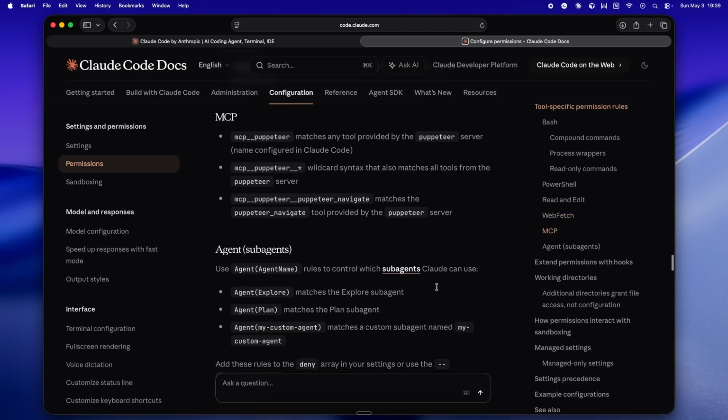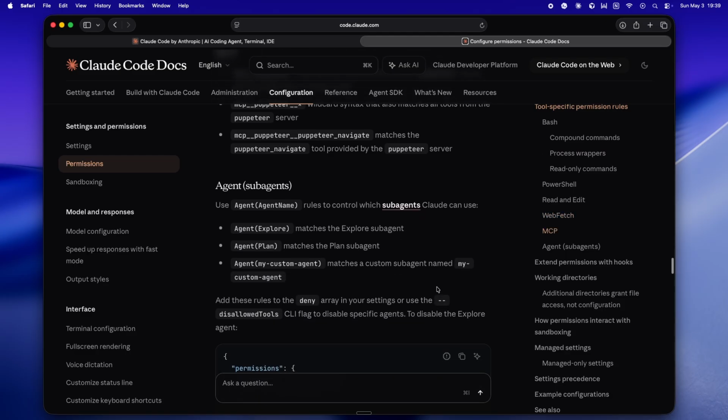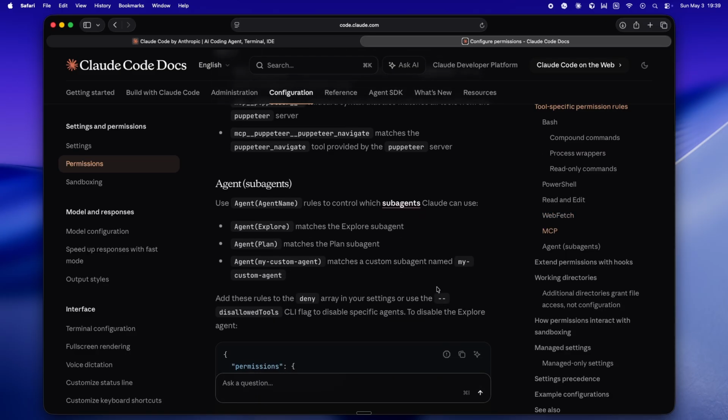The docs flat out tell you to deny the direct URL fetchers at the bash layer and use the domain matcher instead. It's one of the few places the docs tell you not to use a feature. Listen to them. Third thing, read and edit rules follow gitignore style patterns, and they have 4 roots: the full